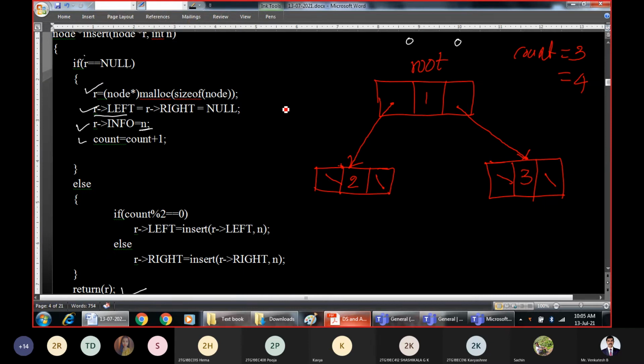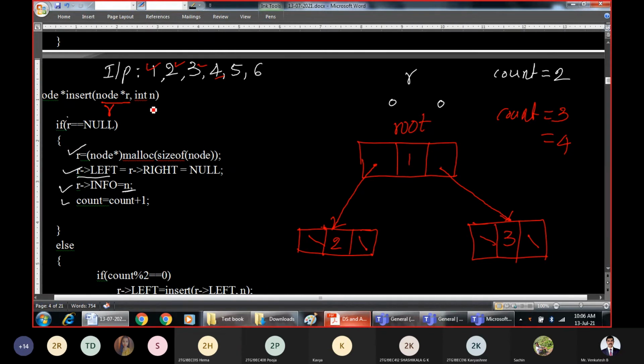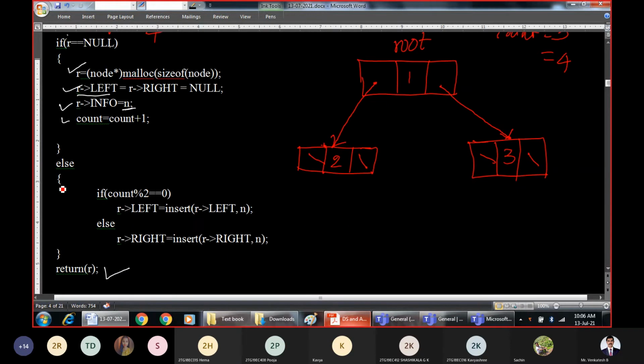Okay, what is the next element in the list? The next element in the list is 4. So from the main function, we will call the same thing again. What is root? See, the root always remains the same. We are not going to change it. The beginning root of the program is always the same. The element being passed is 4, along with this entire tree. Is root equal to null? No, that is false. We'll go for the else part.